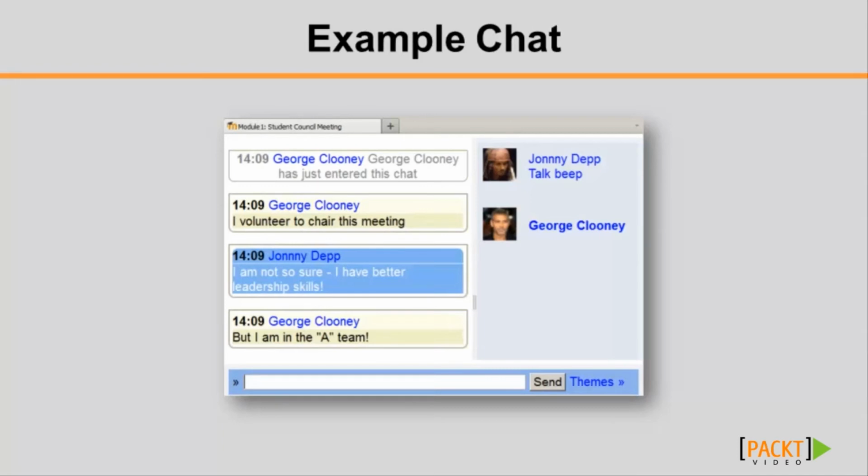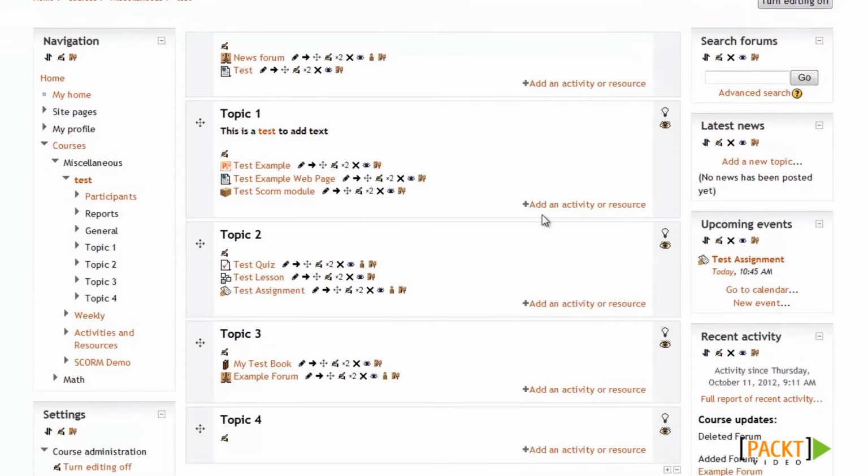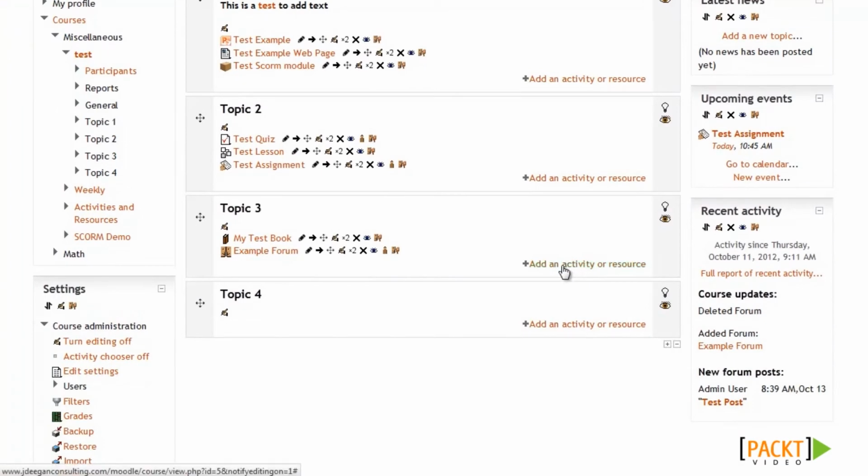And this is a great tool if it's difficult to meet face-to-face with students. Okay, now let's head back to the course site and we'll add a chat to our Moodle course. And as usual, we'll need to start by turning editing on, then using the add an activity or resource option to add our chat. Okay, so now I'll go ahead and add it to section 3 by clicking add an